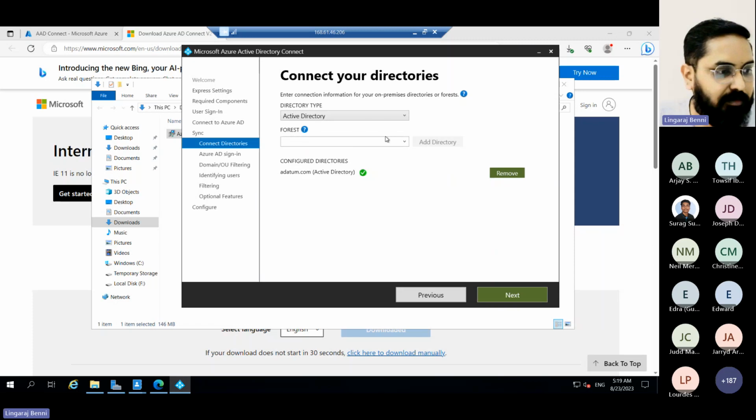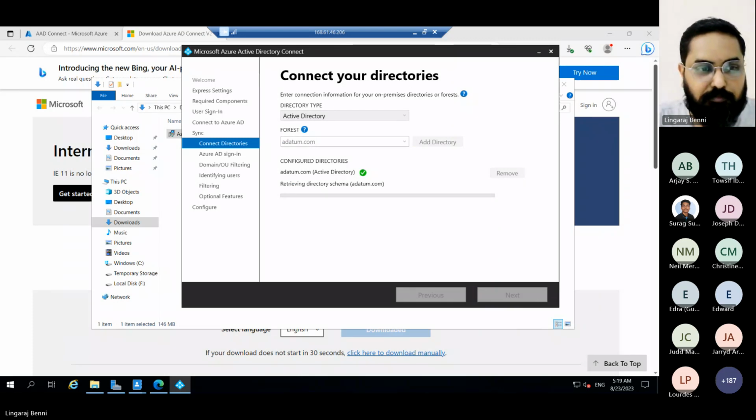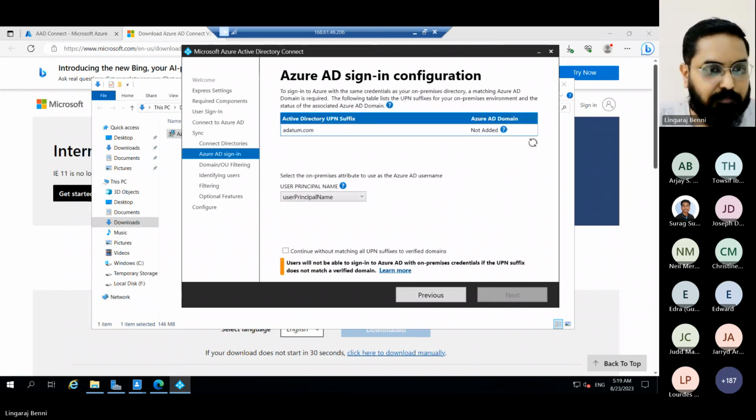Okay, now we have got this warning, which is fine. Users will not be able to sign into Azure AD with on-premises credentials if the UPN suffix does not match a verified domain. That should be fine. Okay. So Azure AD domain,